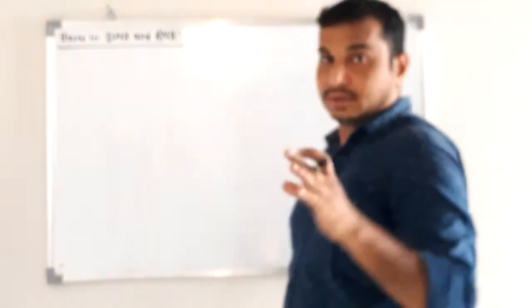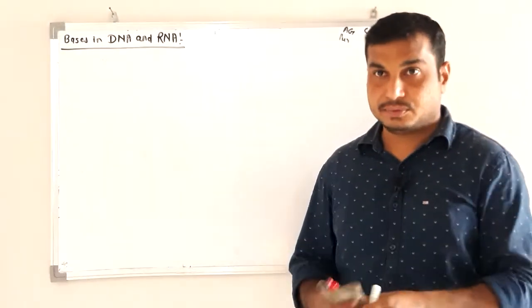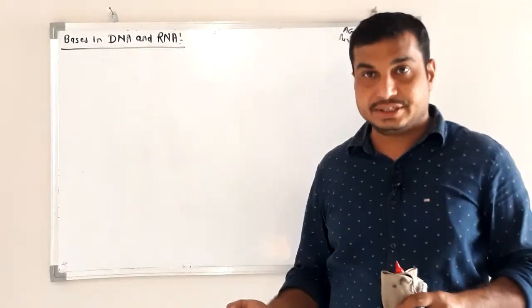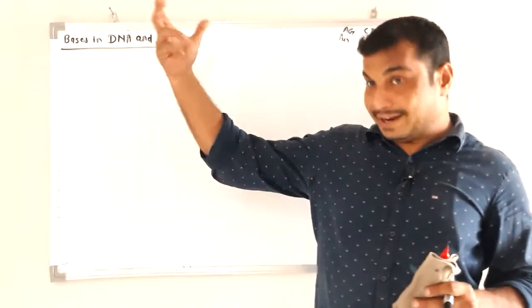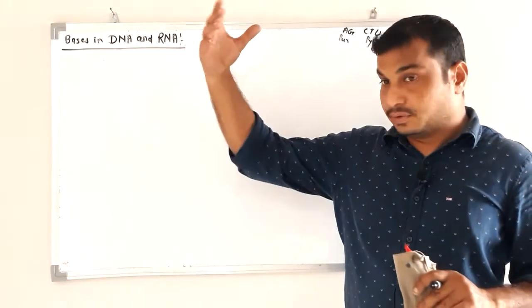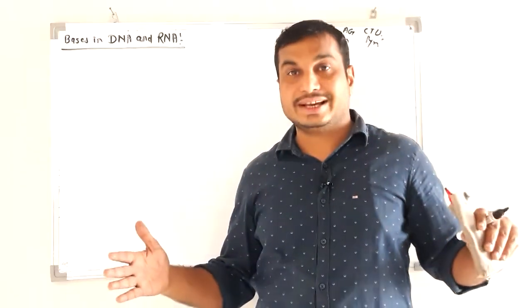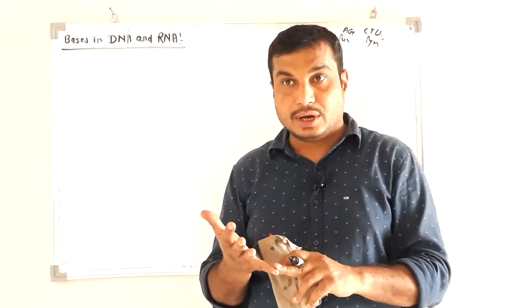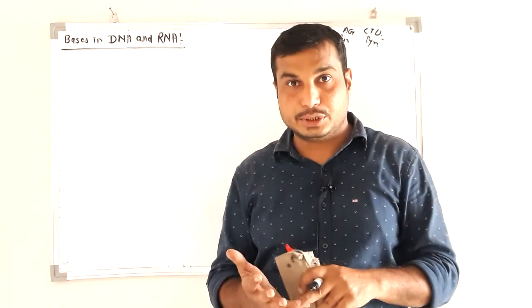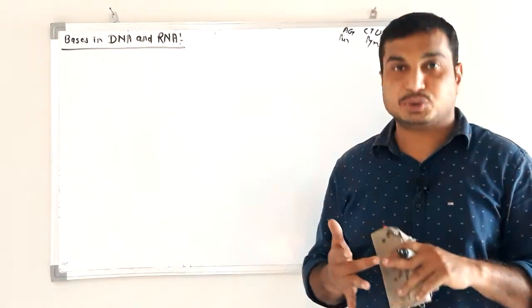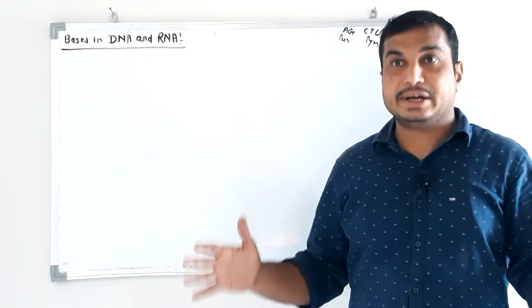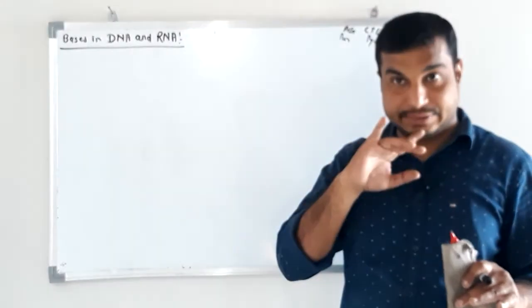Our topic was nucleic acid, and in this topic we have already seen what is nucleic acid, what is nucleotide, nucleoside, and what is the hydrolysis product of nucleic acid. We have fragmented this nucleic acid. After complete hydrolysis, nucleic acid gives heterocyclic bases, sugar molecule and phosphate. These are the three building blocks of nucleic acid.